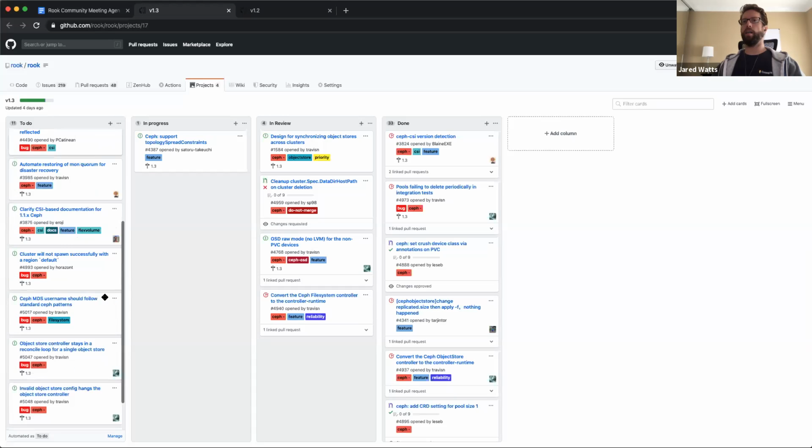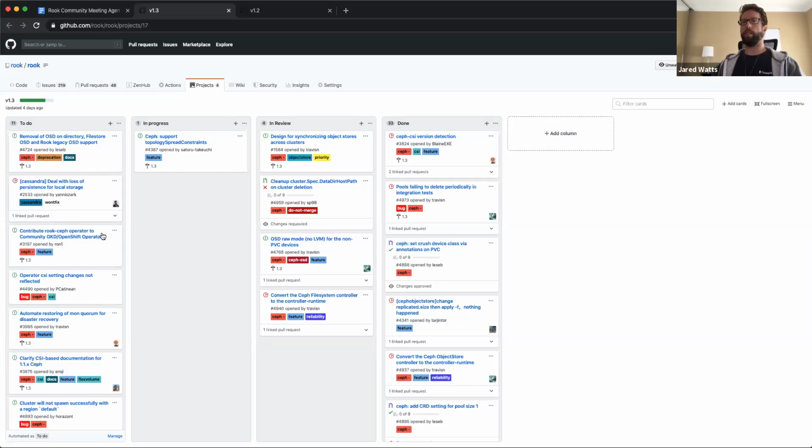Okay, any issues here on the board that we know aren't going to make it and probably shouldn't be in 1.3 anymore? Or we could do that cleanup offline? I missed scrubbing those before this meeting, so we could do it separately. The one in the in progress column there, topology spread constraints. I think we should hold off on that just because that feature in Kubernetes is still alpha in 1.17.